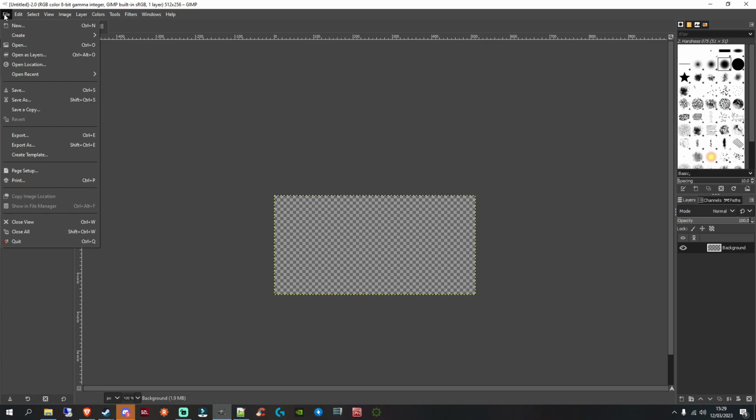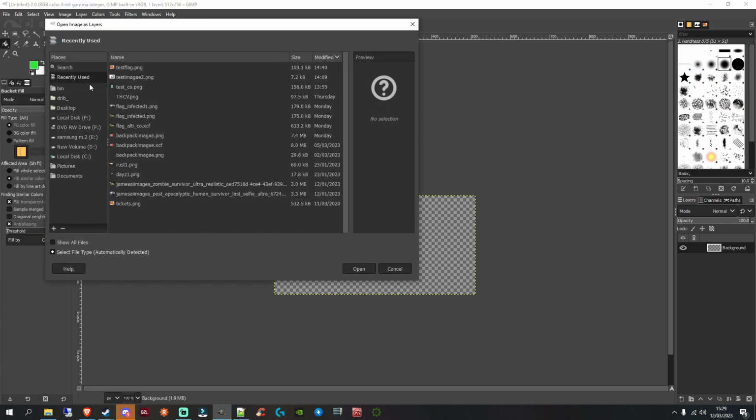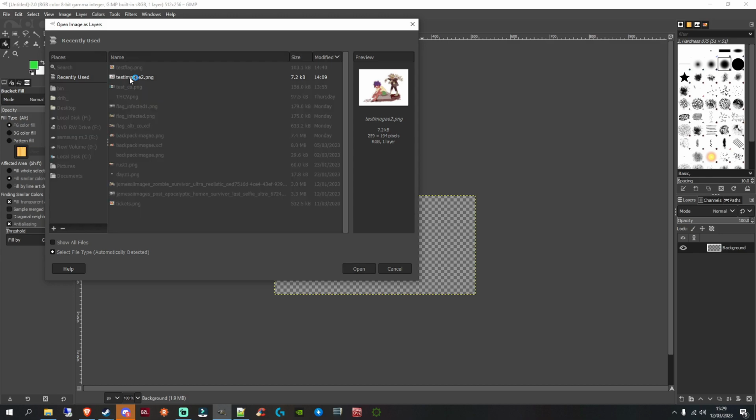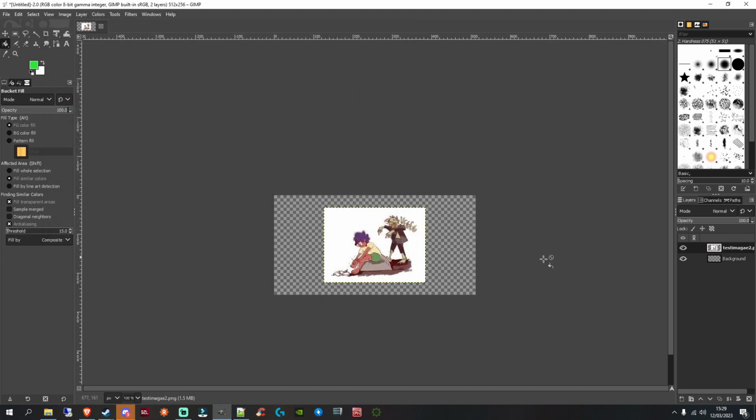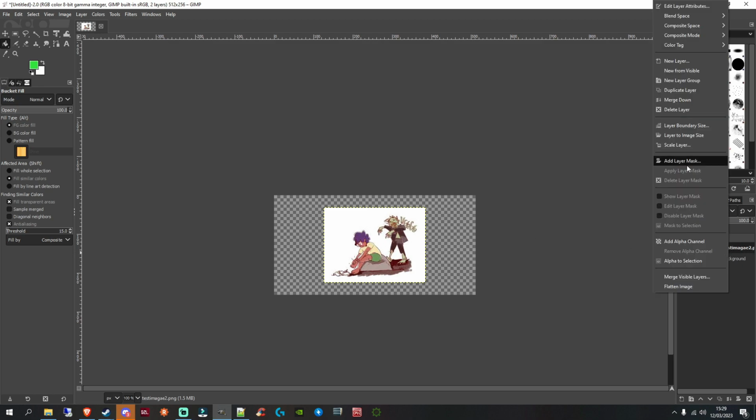But if we open up the image, open as layers. Once you've got your transparent layer, open up a new layer. This is the image that I got off Google, and you're going to want to scale this layer to the size. So if we right click on it, scale layer,